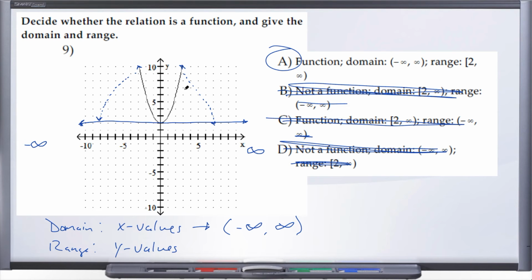So here we did our domain. So now let's go ahead and, actually, I'll leave that, but I'll use a different color for range. For the range now, we're talking about y values, right? So with your graph, instead of bending it towards the x-axis, now take each side of the graph and push it towards the y-axis. So you're going to smush this graph together. And when you do that, you're going to have just a straight line